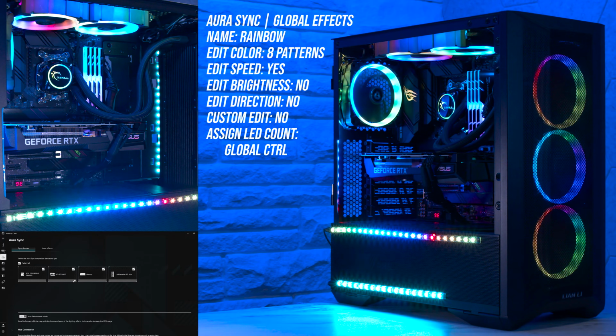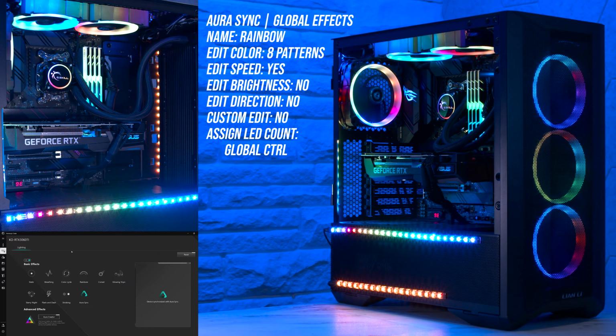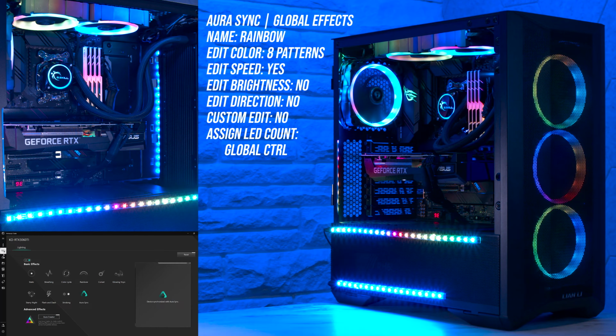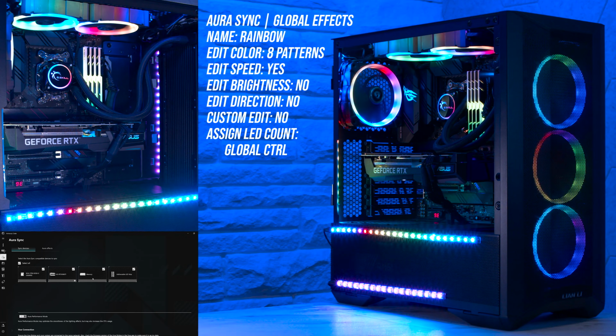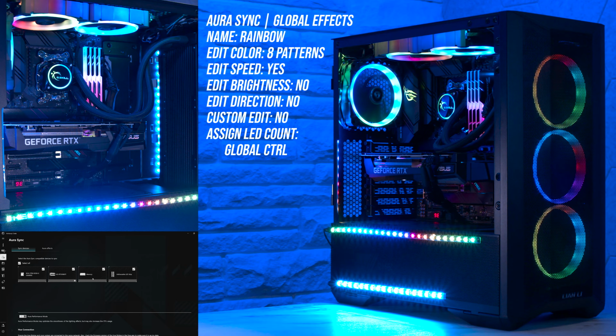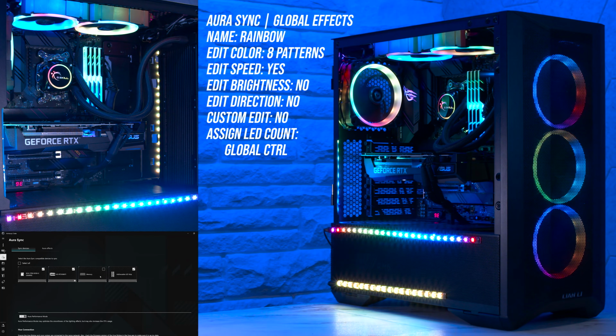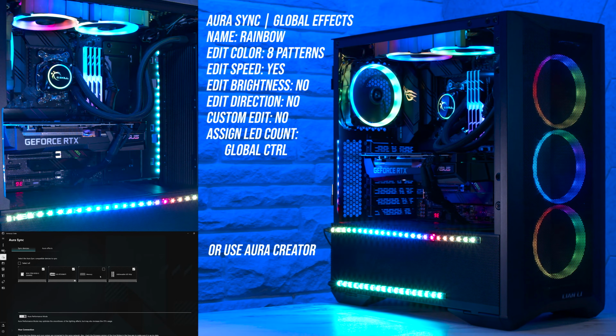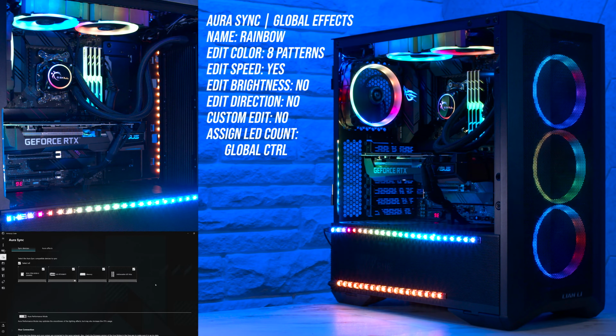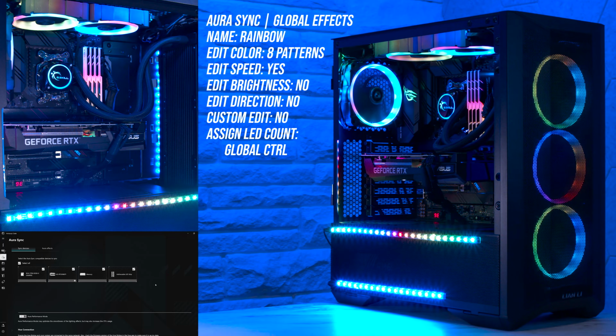The way that you do that with the GPU is by going here, and you can set a different effect to whatever the global effect is, but going into here, we can't do that with the memory. If you did want to set the memory to be something different compared to whatever the global lighting effect is, you could potentially just unlink it from the global lighting effects like this, and then use G-Skill's RGB software to control the memory. But before we check out the most advanced way any motherboard manufacturer has allowed you to customize your RGB solution,